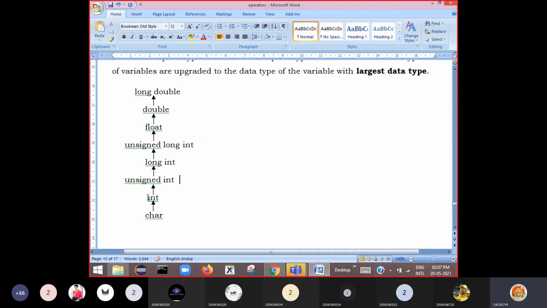Character will be upgraded to int, int to unsigned int, unsigned int to long int, long int to unsigned long int, and this to float, float to double, and double to long double. These are the data types from smallest to highest. Always the smallest data type is converted to the highest data type.